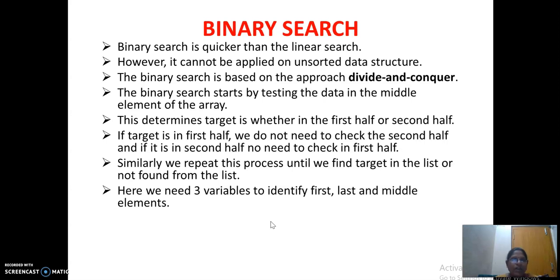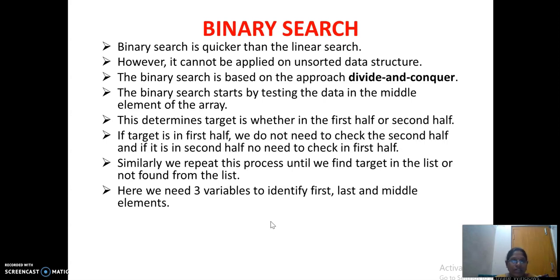Depending on this middle value, first you will compare the middle element with the searching element. If that is equal, obviously you will write that the element is found in the middle position and you will write that position. If the element which you are searching is less than the middle element, then no need to check the second half. Why? Because obviously it will be present in the first half itself, because this is your sorted list. If it is less than the middle element, then you are going to perform your searching operation in the first half.